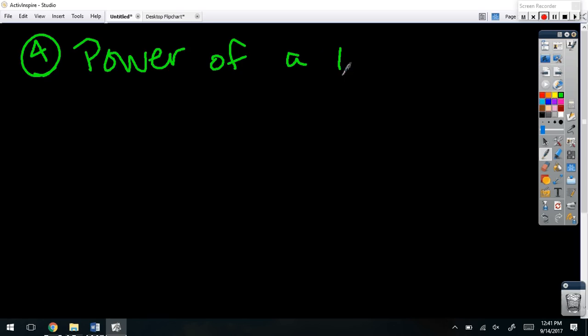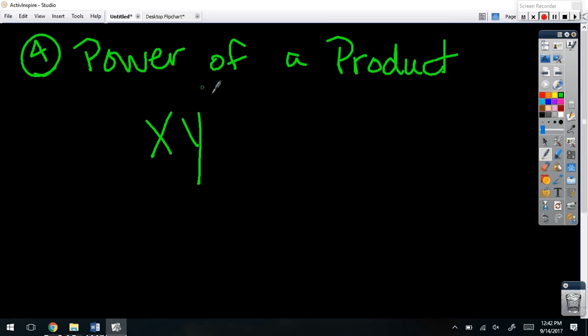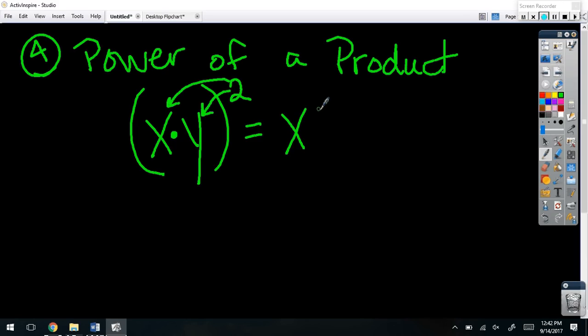Power of a product. Product means what? Multiply, right? All right, now think about this. I've got these two things being multiplied together, and they're raised to a power. Do you know what you do? You're going to put the squared on each of them, right? It does go to both, and I'm hesitant to talk about distributing,